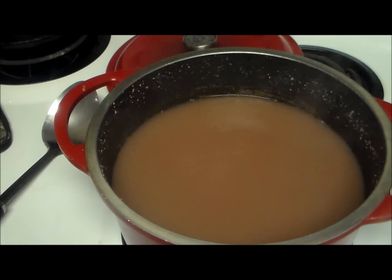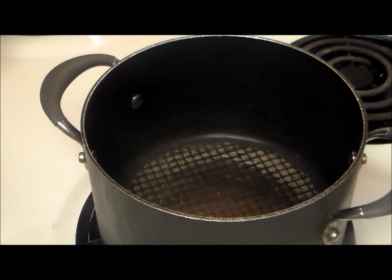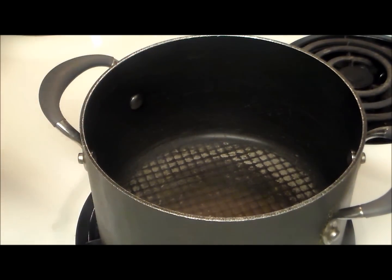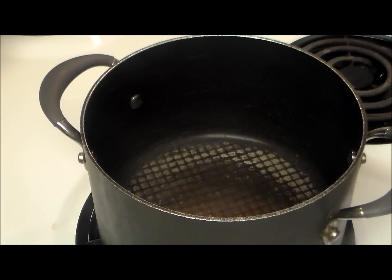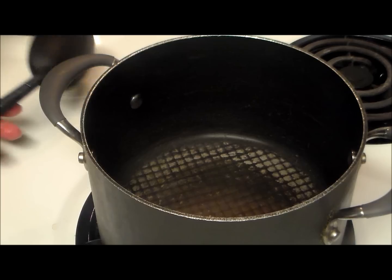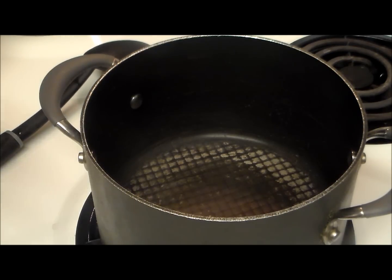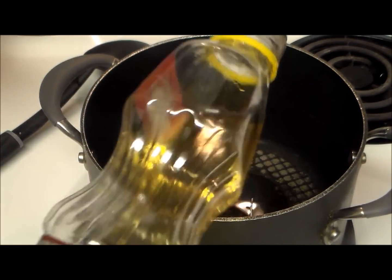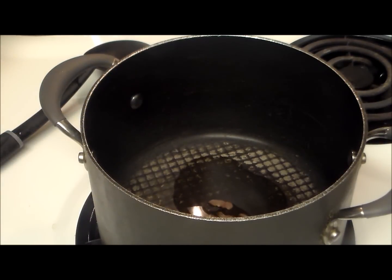And I'm not gonna cook the whole beans. I'm just gonna put some in the freezer. But I'm gonna use 2 cups of cooked beans. So in here I have a medium saucepan, and I'm gonna put my heat on medium high. I'm gonna add a little bit of the oil because we're gonna